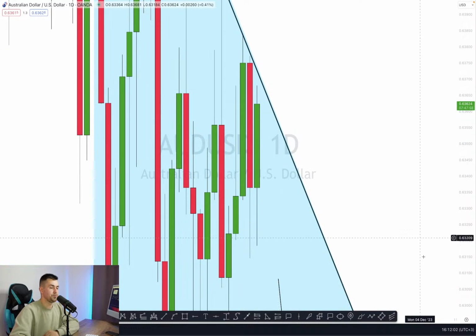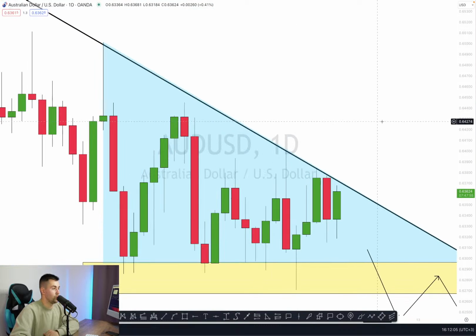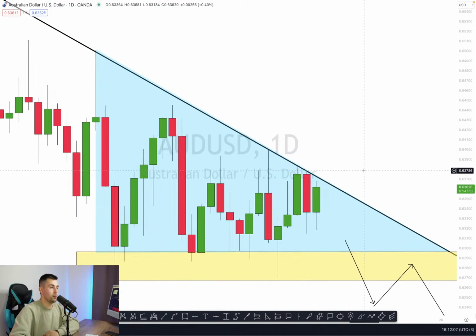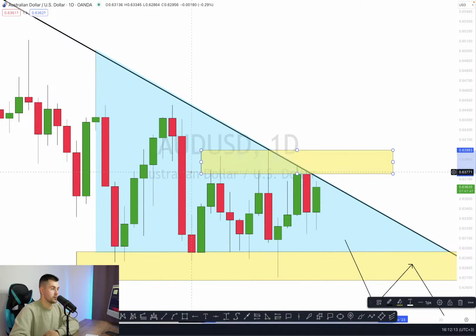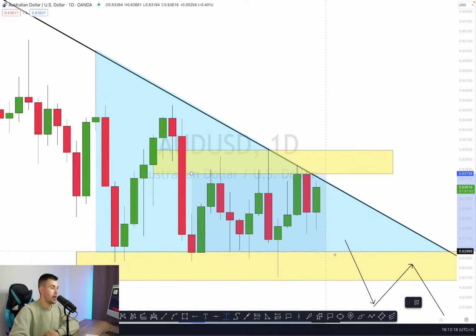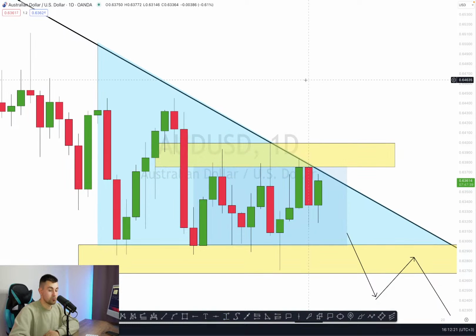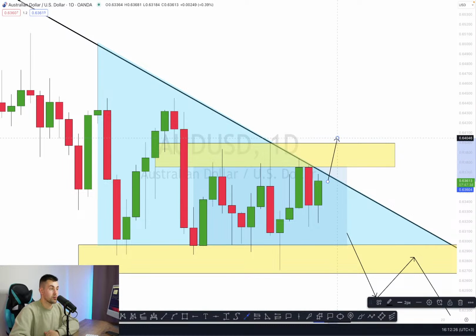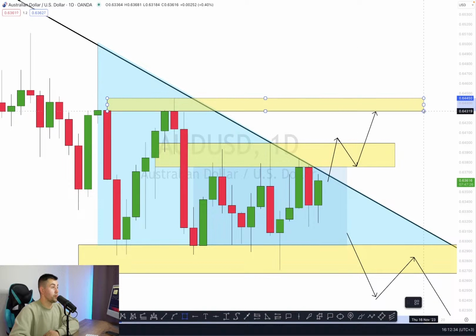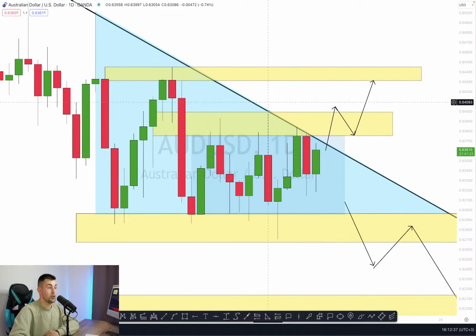Now, concerning the bullish outlook for Aussie dollar, if you're looking for strong bullish confirmation, monitor that resistance. You can see that trading within that descending triangle, we also have a very nice range right here. The bullish breakout of the resistance of the range, daily candle close above that, can give you a strong bullish confirmation that will push the prices higher to that horizontal structure. So that will be the bullish scenario for Aussie dollar.